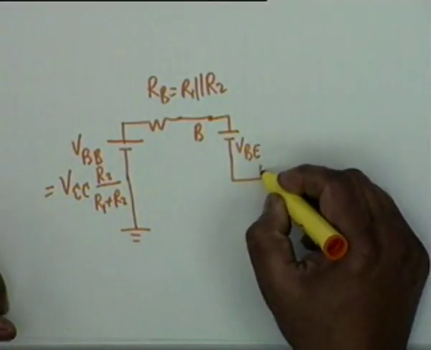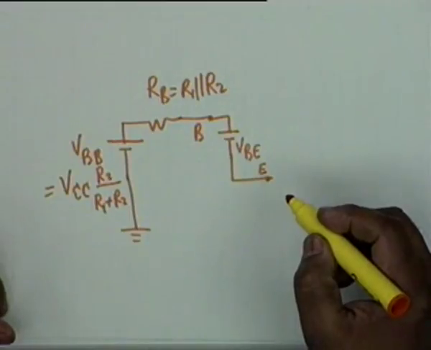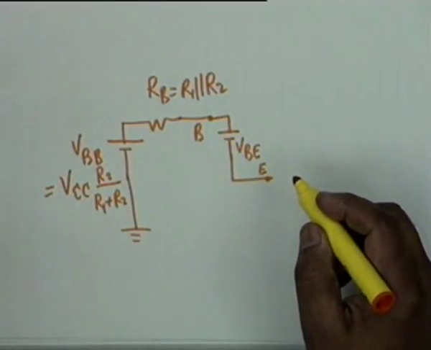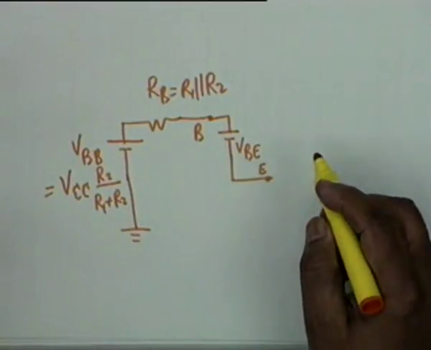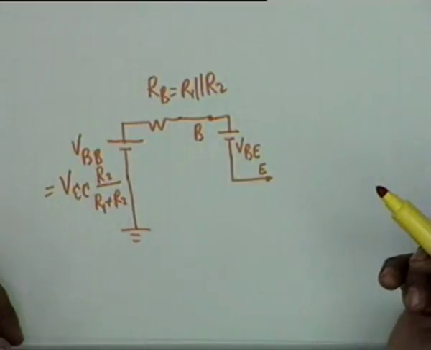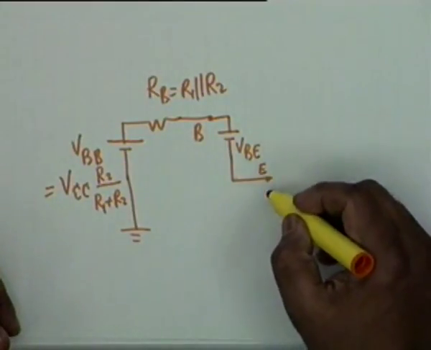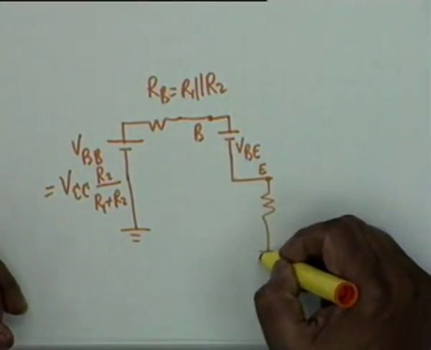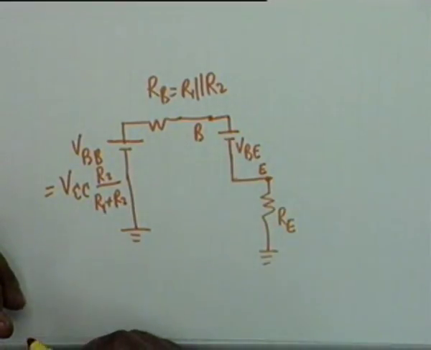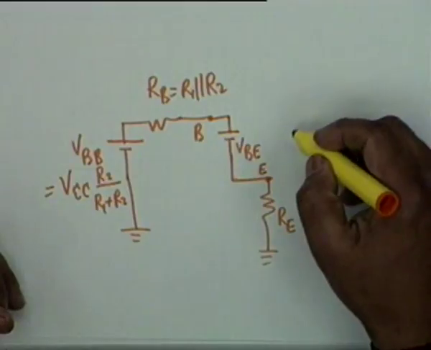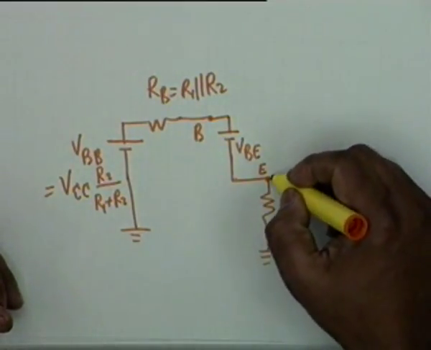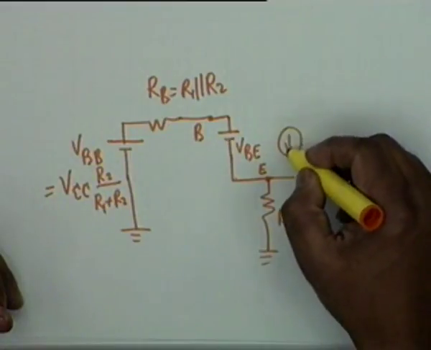This comes to the emitter. We are considering the active region, so we are not using the diode. Ideal diode is a short circuit anyway. The transistor is in the active region, and therefore all that happens is there is a drop VBE. This is the emitter terminal. Emitter goes to ground through the resistance RE. This is effective in DC, and as far as the collector circuit is concerned, what we have is I sub